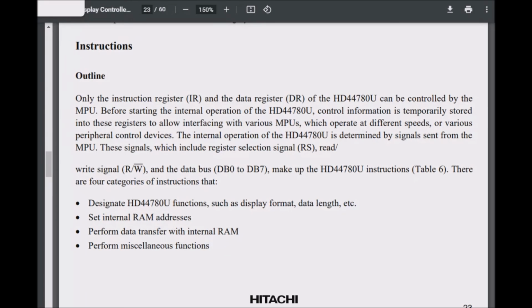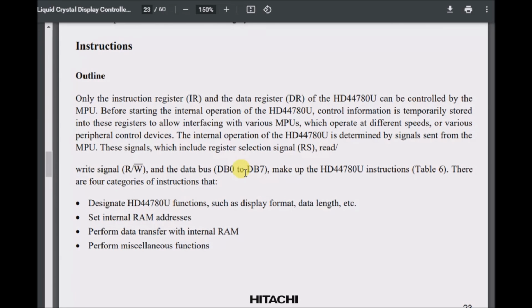The internal operation of the HD44780U is determined by signals sent from the MPU. These signals, which include register selection signal RS, read/write signal RW, and the data bus DB0 to DB7, make up the